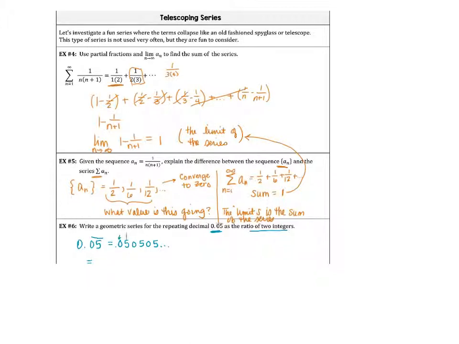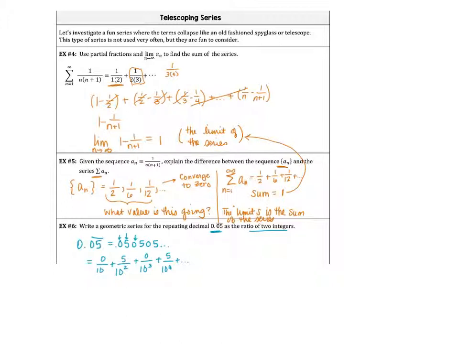This is your tenths, hundredths, thousandths. So we're going to have really 0 over 10 plus 5 over 10 squared plus 0 over 10 cubed plus 5 over 10 to the fourth. And I think we see now what's going on with this. So really,